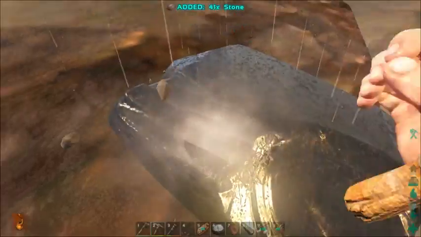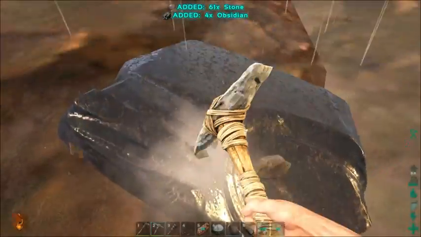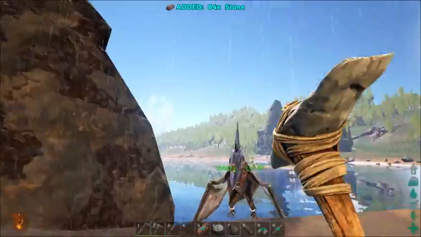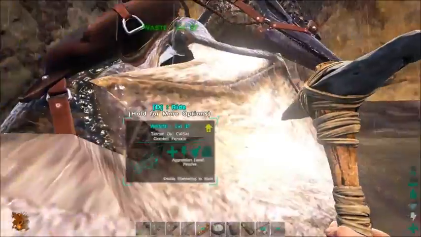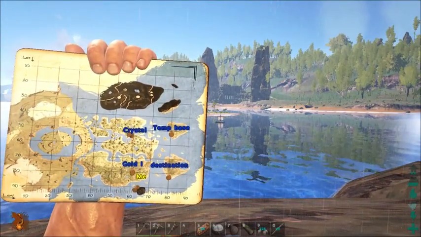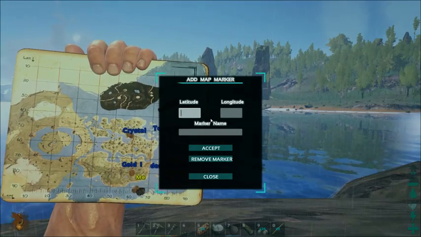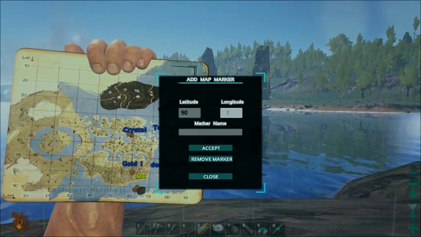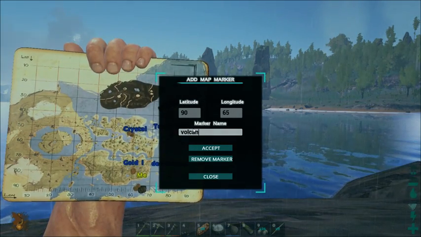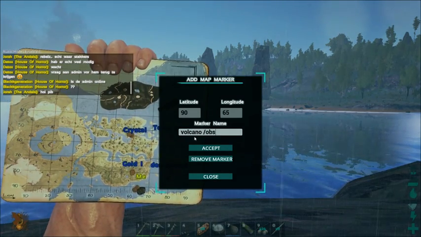Oh, it's raining. That's always good. Can fill up my water bottle. Right. I'm not going to take any more because it'll be too heavy, because I've got to get back on the bird. Right. Okay. So let me just check where I'm at. Okay, on the map, here we are. Well, point is 90, 65, so let's put a pinpoint on there. 90, 65, volcano, obsidian. Okay,